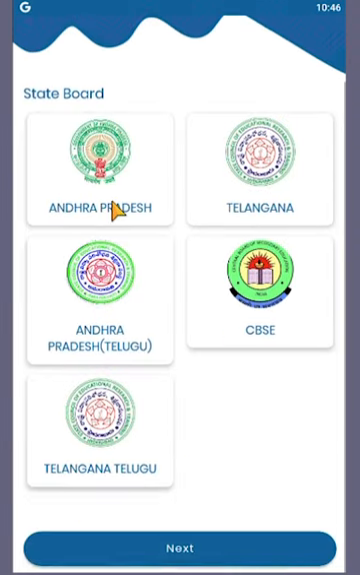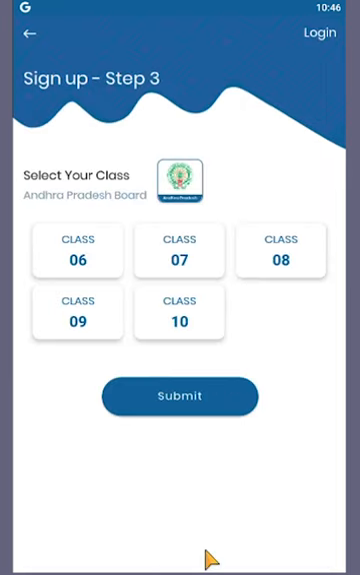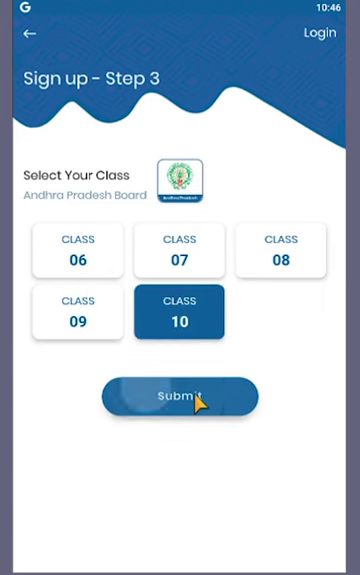The second step is to select the syllabus or state board of your choice. Select and click on the state syllabus icon of your choice. After clicking on the Next tab, you will be guided to the next page of selecting the class you belong to. For example, if you belong to class 10th, then select class 10 tab and submit by clicking on the